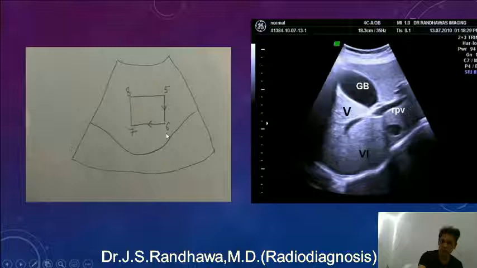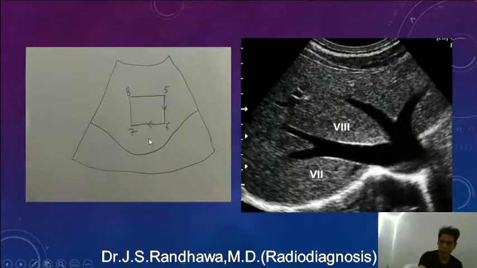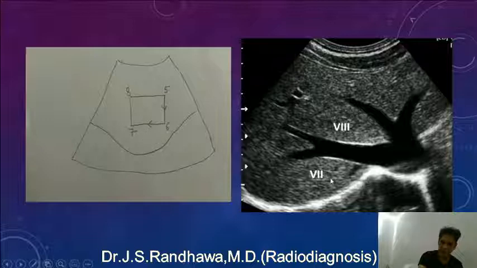Now we go on to this 7th and 8th. Let us see. This will be in the superior part. So we go on to this. So this is a superior section at the level of the hepatic veins. Now we know 7th is here. So from 6th we move on to 7th, and 7th you know is posterior and superior. So this is posterior and superior, and then we go on to segment number 8, which is here. So segment number 8 is superior and anterior. This is there.